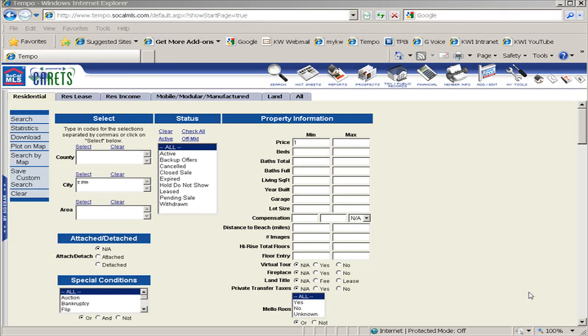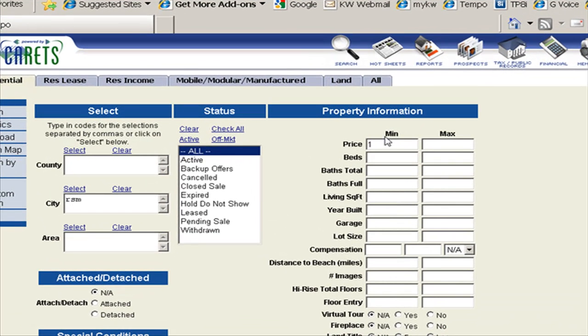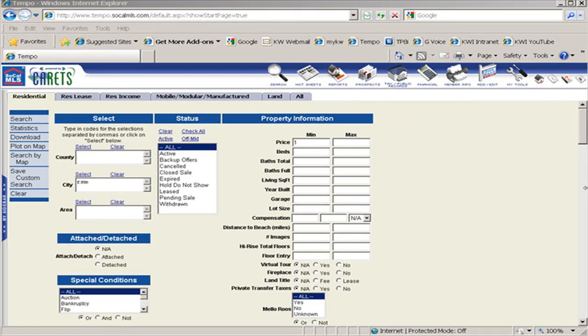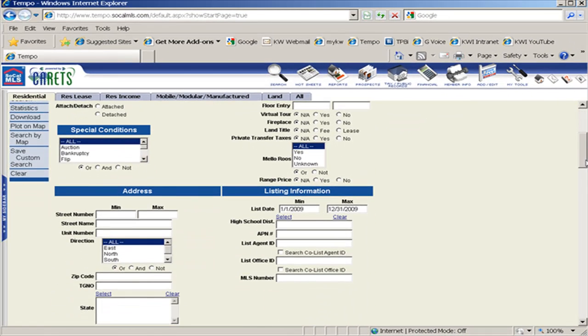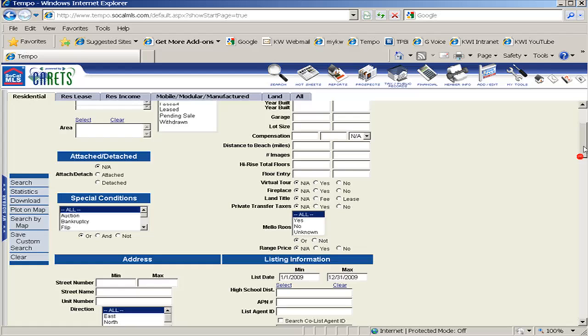Okay, so now to analyze the market share part of this equation. In our local MLS, if I have the city Rancho Santa Margarita that I am searching, I put that in here, and I selected all statuses, and we have to have a price field in there of minimum price, so I just put 1 because I want to see all properties. Then I scroll down here. I actually put a list date. I want to see all properties that are listed in the year 2009